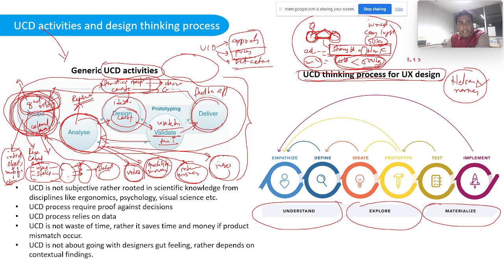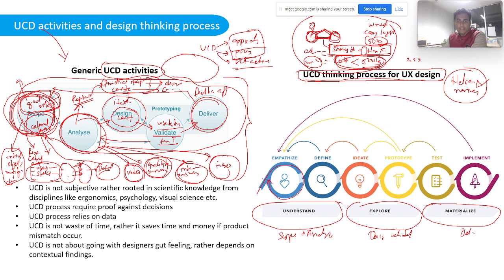Okay, this is similar to scope and analyze, explore is probably design and validate, and then you have the deliver. However, they have their own steps or activities. The first activity which they